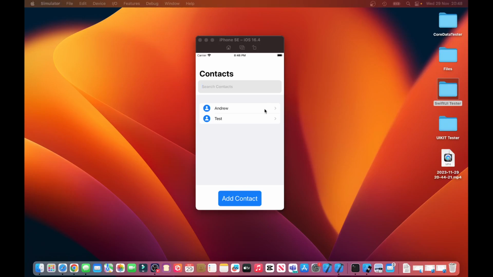In this session, we'll be implementing the add contact view and the not found view. The purpose of the add contact view is to enable the user to add a new